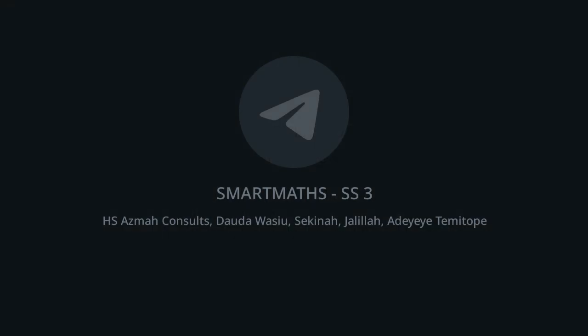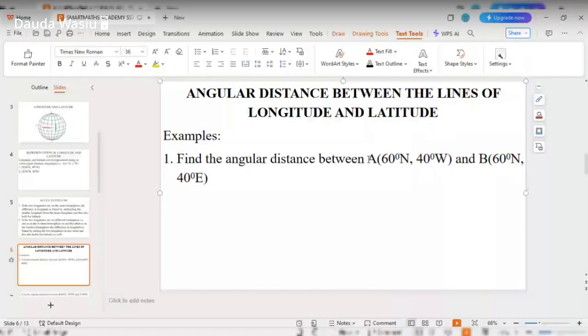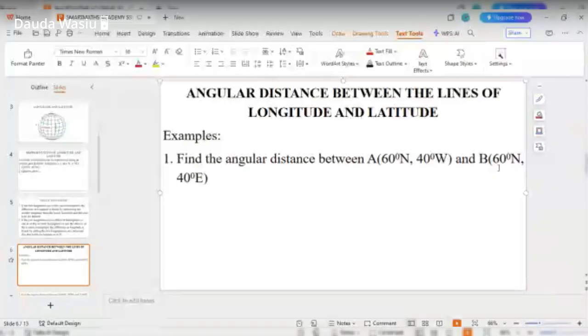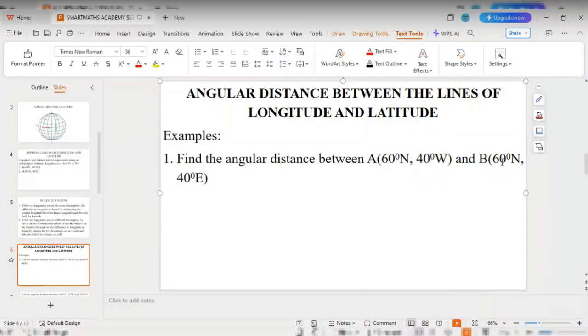Okay. So the next one is to find the angular difference between A of coordinate 60 degrees north and 40 degrees west, and B of point of latitude 60 degrees north and 40 degrees east. So to do that,